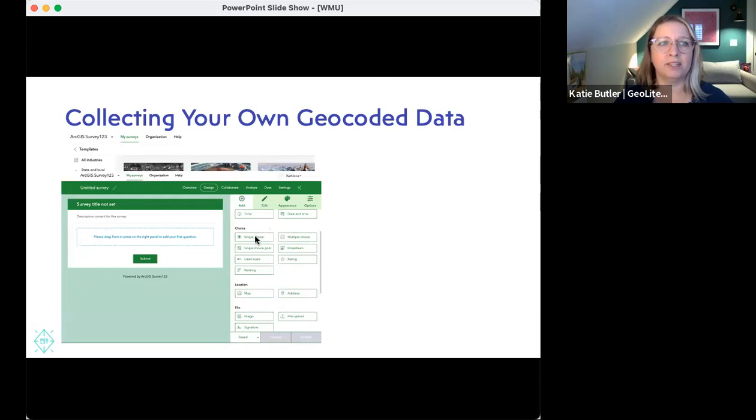It's super easy. You can just click over here and decide what types of information you're trying to provide, just like if you were using SurveyMonkey. But you can include geographic information in that. See, there's this little location spot right down here. You can include a map or you can type in an address. So if you're doing a survey already and you want to include information, remember to be careful about PII, people's individual addresses. You could use Survey123 to design that survey and automatically collect geocoded information.